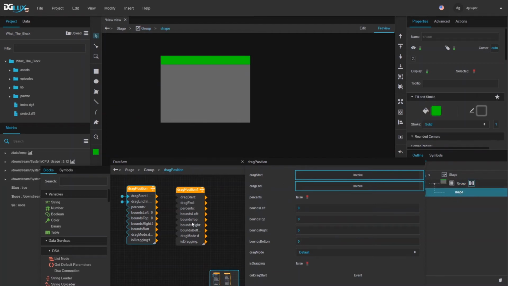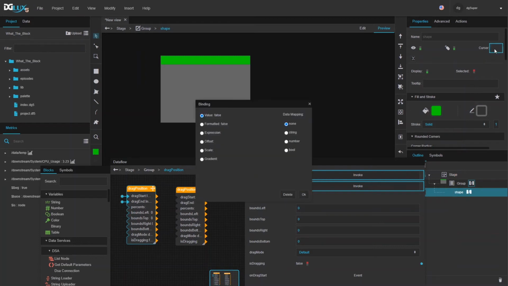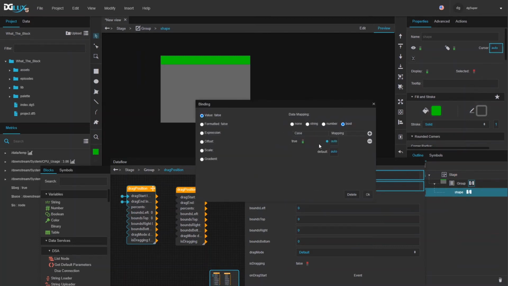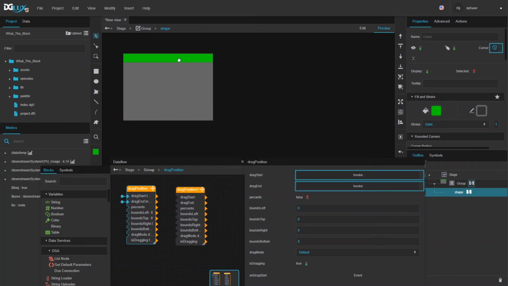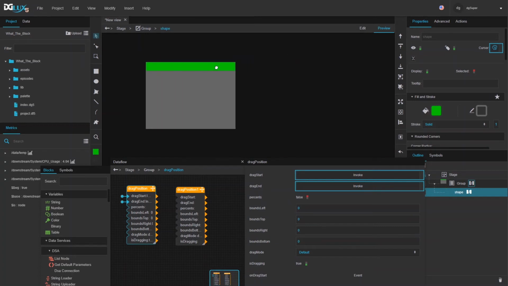What you can also do, this dragPosition block has feedback to tell you if it's dragging. You can use it, for example, to change the cursor to indicate that it's being dragged. So I can bind this to a cursor of my header here with a control. When is dragging is true, my cursor will be this clutched hand, otherwise open hand. It would look something like this. When I mouse in, I have open hand. The minute I start dragging, I get the clutched hand. And similar story with